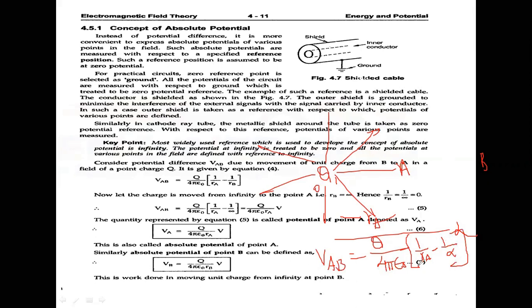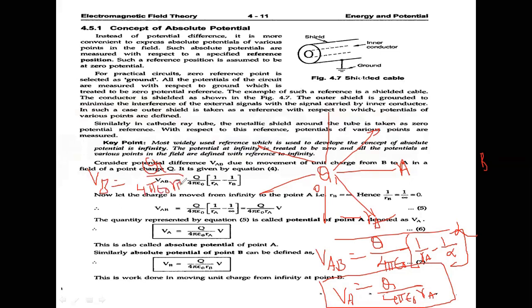It becomes 0, and we have only Q by 4 pi epsilon naught RA, and this becomes VA only. The VA is equal to Q by 4 pi epsilon naught RA, and VB is equal to Q by 4 pi epsilon naught